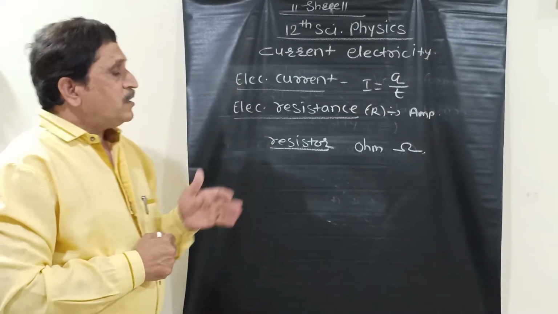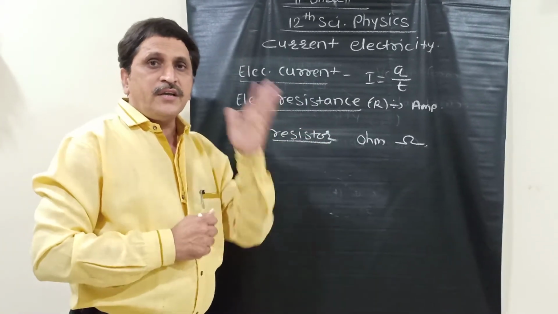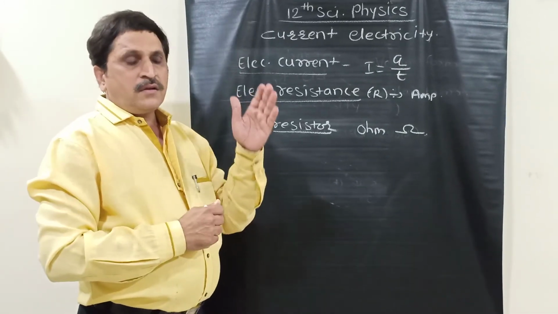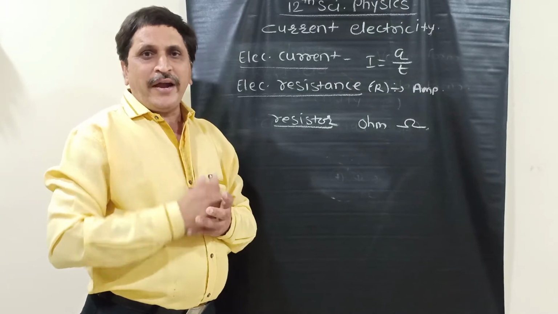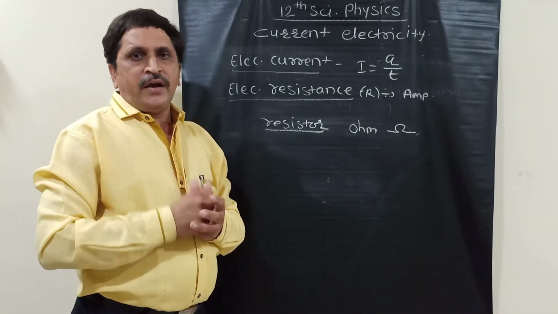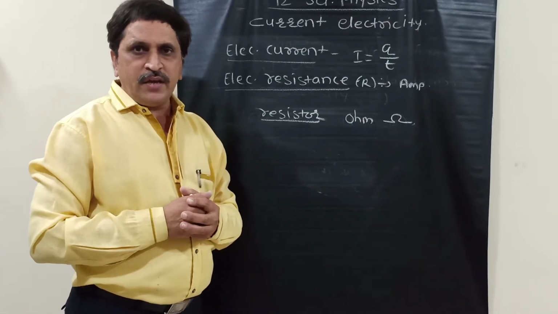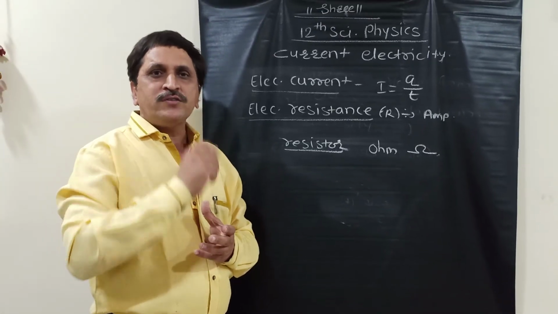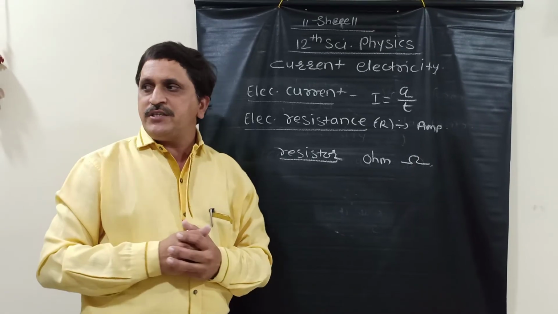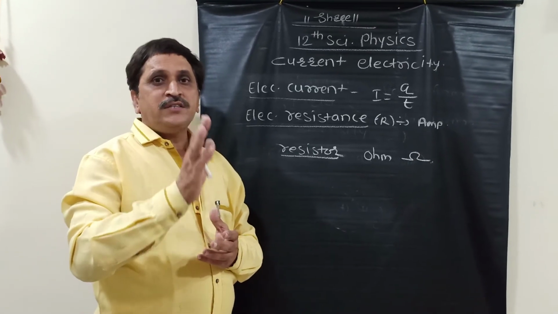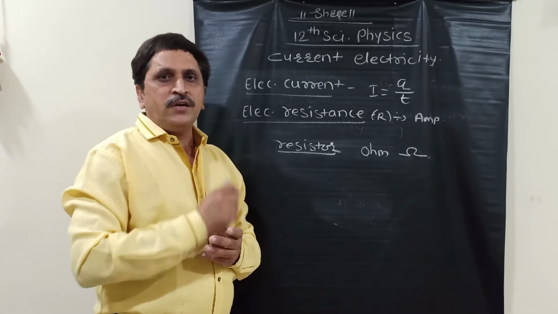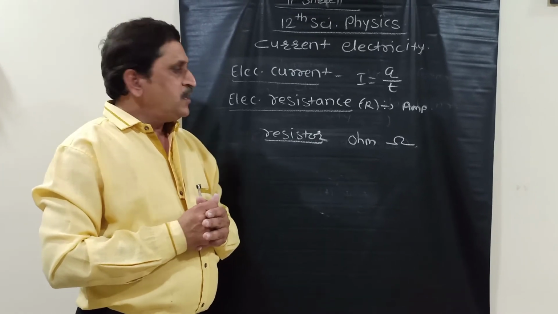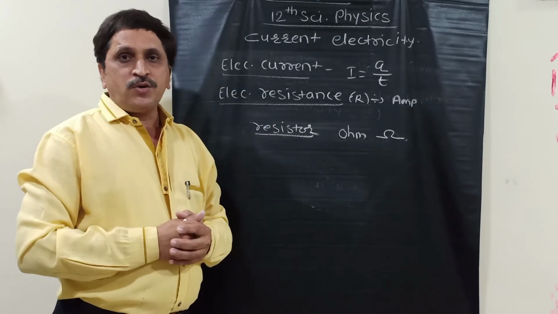Now one more thing, how we can say that electric current is flowing through the conductor. Basically we know that every substance is made up of atoms. Now in an atom, at the center the nucleus is there. In the nucleus, nucleons, that means protons and neutrons, are there. Protons are positively charged particles and neutrons are chargeless particles. Around the nucleus, negatively charged particles are revolving continuously. These negatively charged particles are known as electrons.